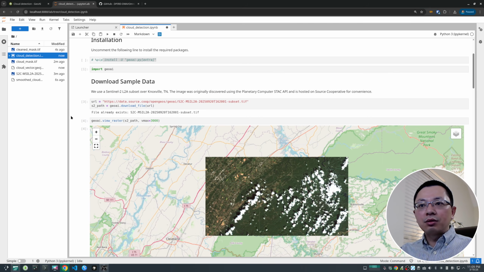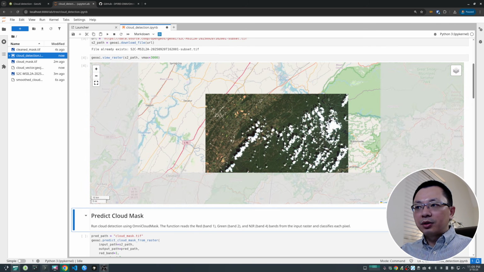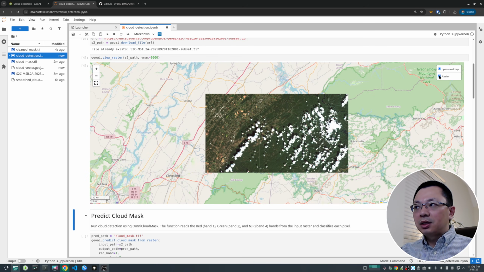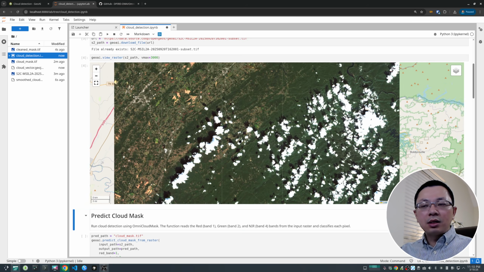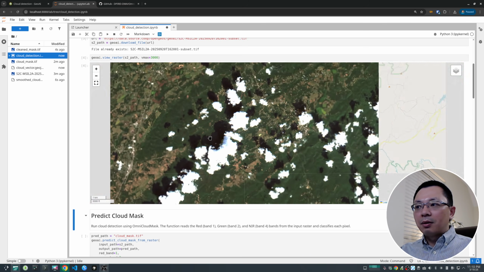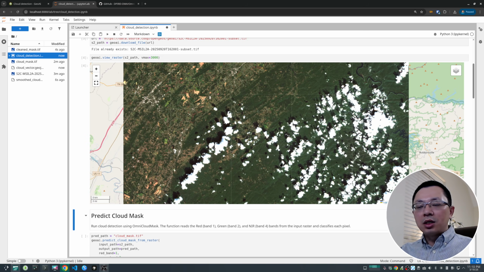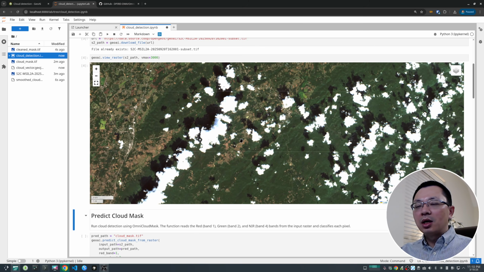So this is what it looks like. See here, this is imagery from Sentinel-2 covering Knoxville, Tennessee. So this is where I'm located. And clearly you can see in the imagery there are a lot of cloud and also cloud shadows. So this is very common in all optical remote sensing data. You will have to deal with this from time to time when you are doing satellite imagery analysis